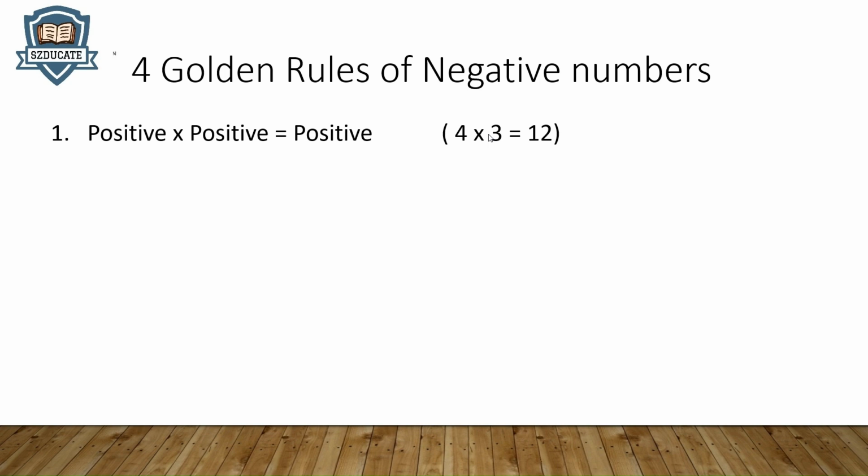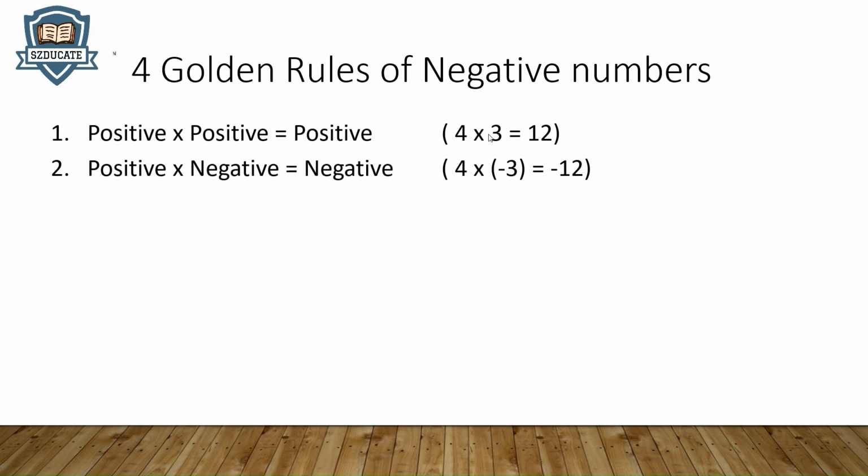First rule: positive times positive equals positive. 4 times 3 equals 12. Oh, simple. But I want you to look at the sign. Now, 4 is a positive number. 3 is a positive number. So your resulting answer will also be a positive answer. That's why 4 times 3 is 12. Okay. First one, no need to talk so much. You all are very familiar already. Second one,